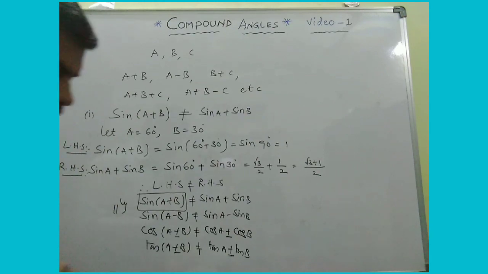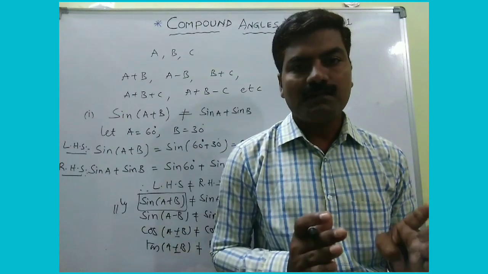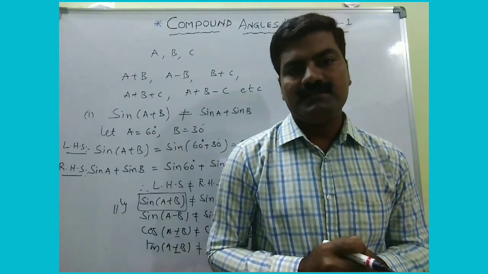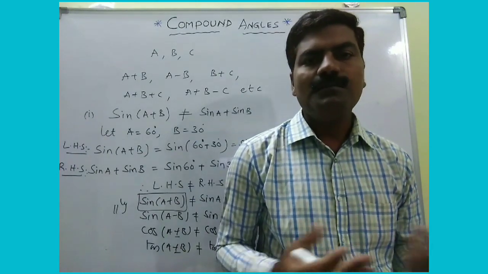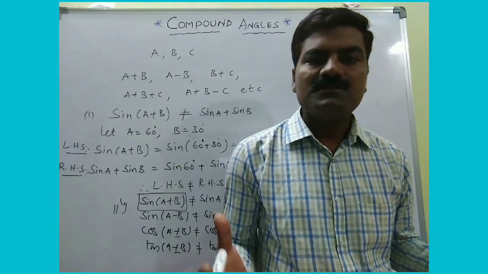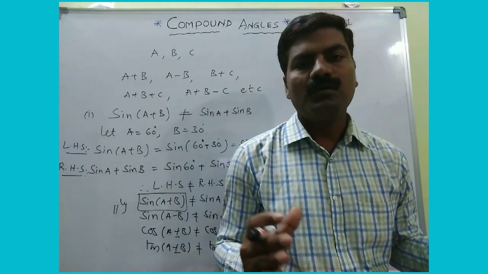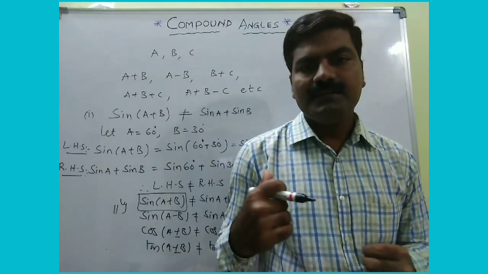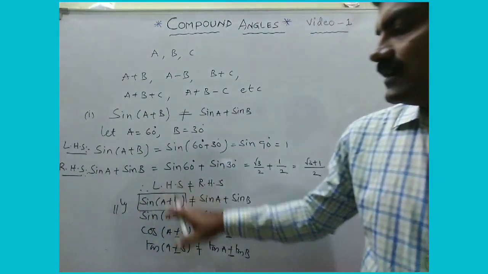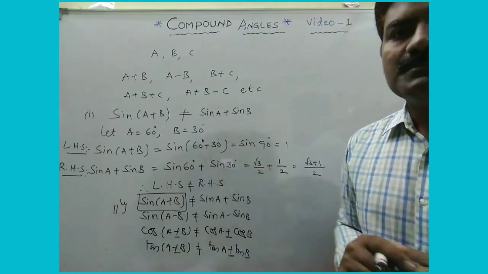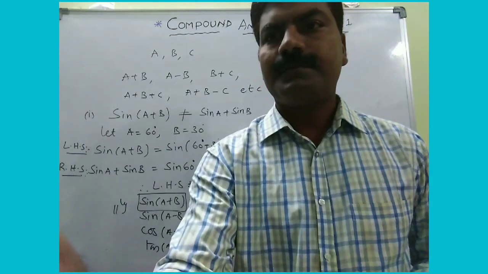So finally, what are compound angles? Compound angles are nothing but the algebraic sum of two or more angles, right? So A plus B is a compound angle, B minus C is a compound angle, A plus B plus C is also a compound angle, since it is the algebraic sum of two or more angles. Okay, fine. We learned that with an example. Similarly, all these proofs you can also go through with some examples by considering angle A and angle B to be standard angles.